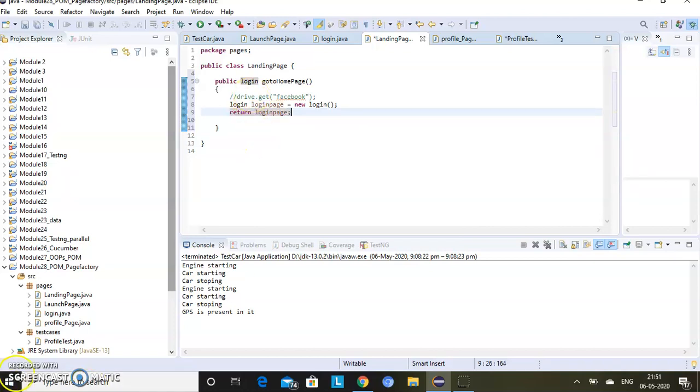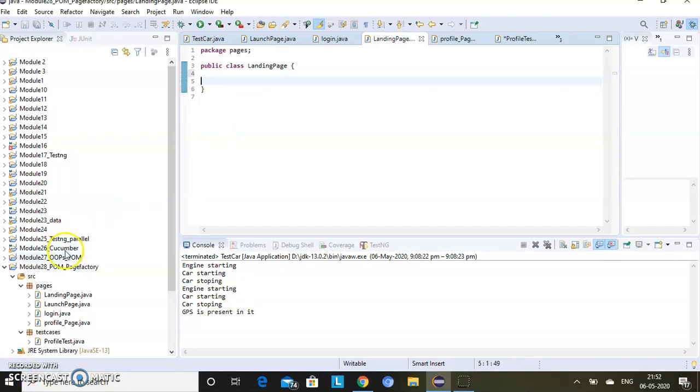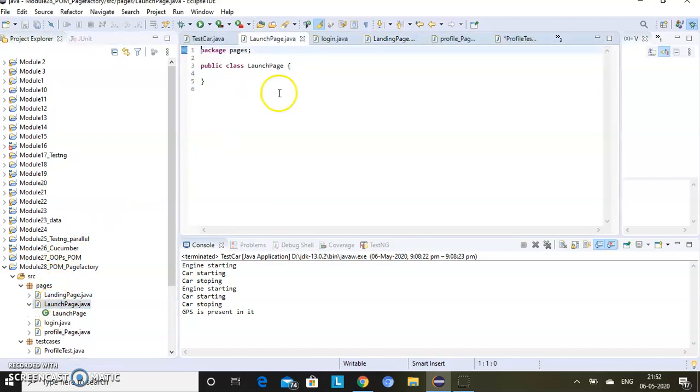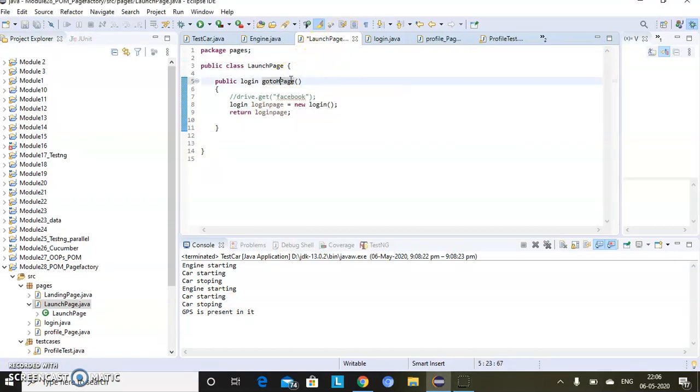Make this login page function under launch page, because on the launch page only we give the login. We can change the name also; it will be more attractive if I name it go to FB login page. So launch page function will have the login page function.